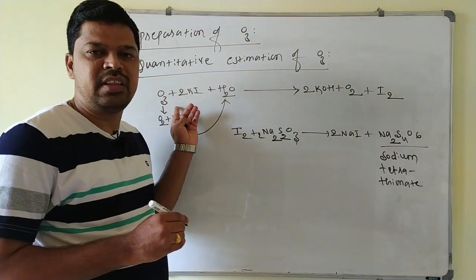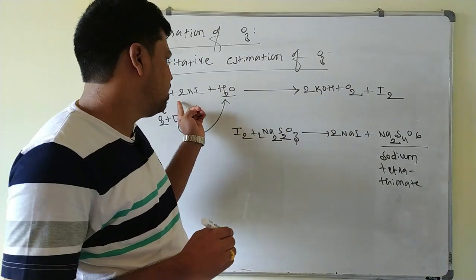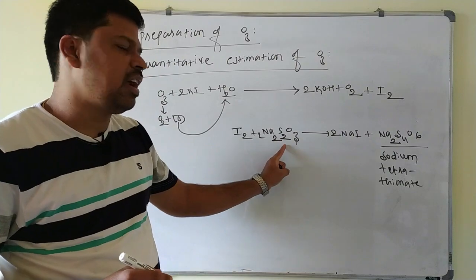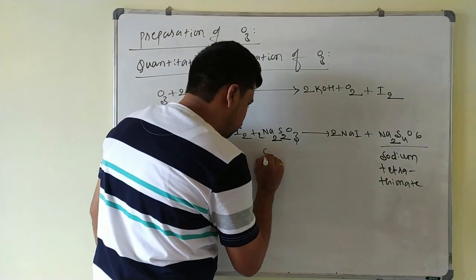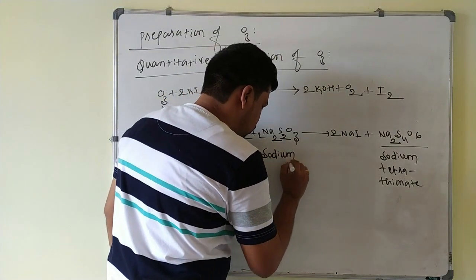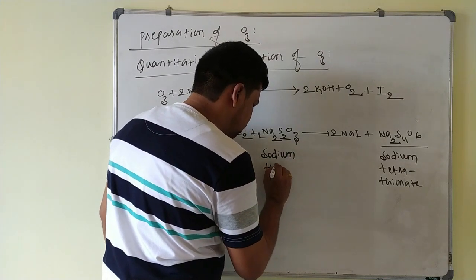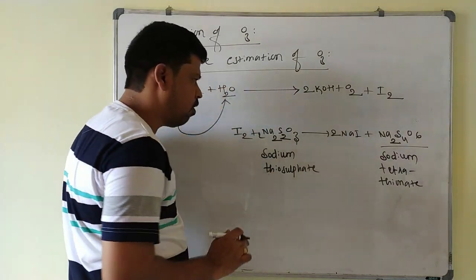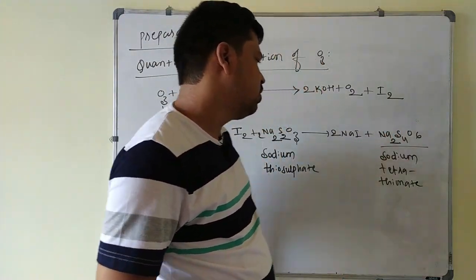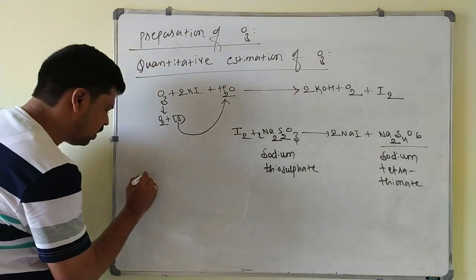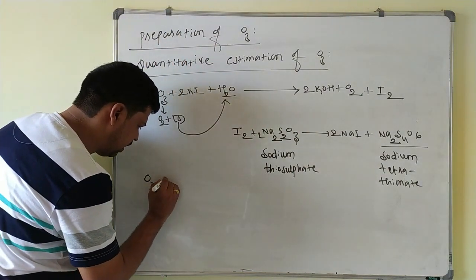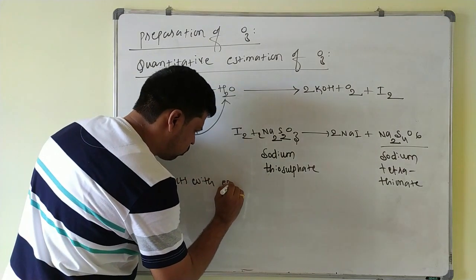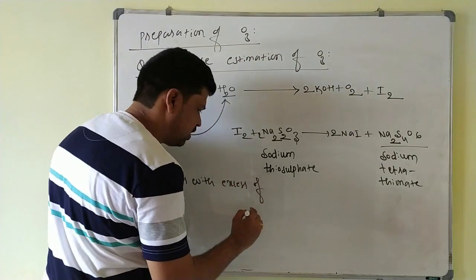Simply, this O3 is treated with excess of KI, so that after this reaction iodine gas is liberated, and that iodine gas is titrated against a standard solution of sodium thiosulfate, to form 2 times NaI and sodium tetrathionate. O3 reacts with excess of KI solution,